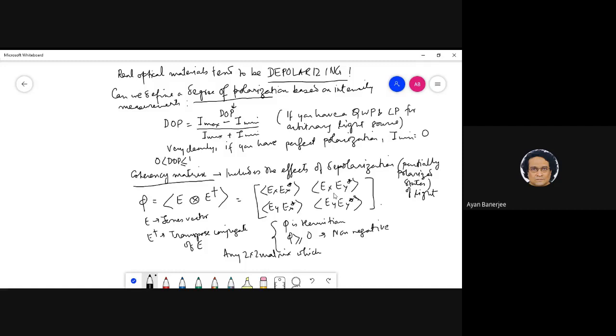No, it's a cos delta. The phase cos delta won't be zero. Cos squared delta will not be zero, no? Yeah. So we won't be able to measure the thing in experiment.